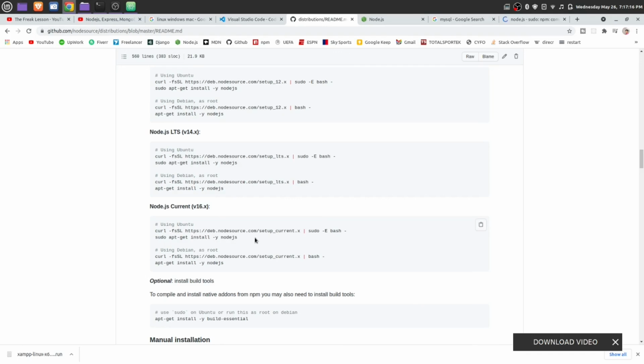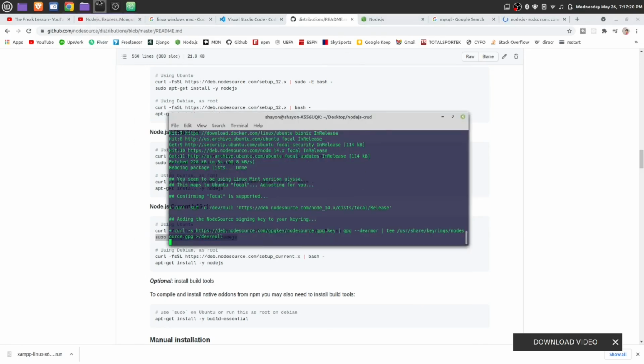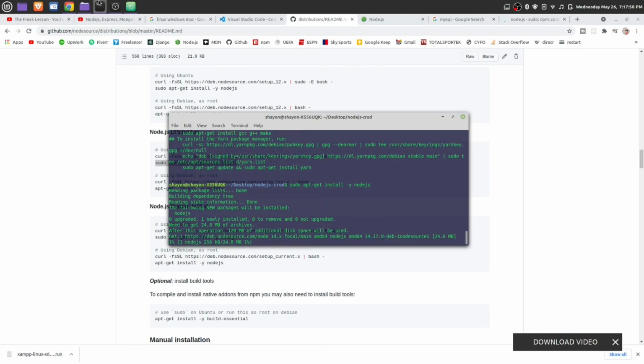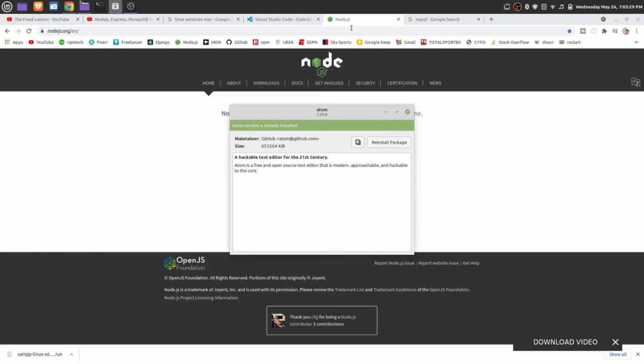And next we need to use these two simple commands to install Node.js on my system. It will take a few minutes or a few seconds, it depends on your internet connection and your PC speed, so wait until the process is done. Okay, Atom is installed, so